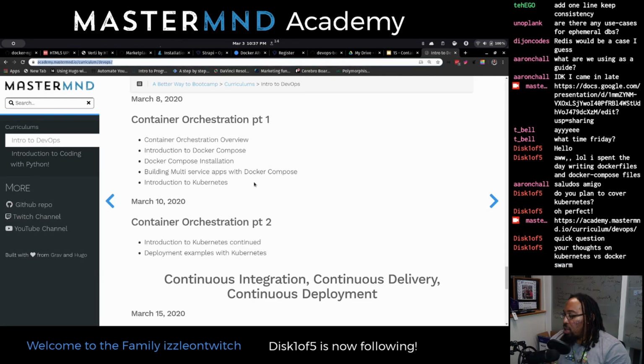Thoughts on Kubernetes versus Docker Swarm? Because specifically of Minikube, I don't think Docker Swarm is a job skill. It's just not something that people use professionally.